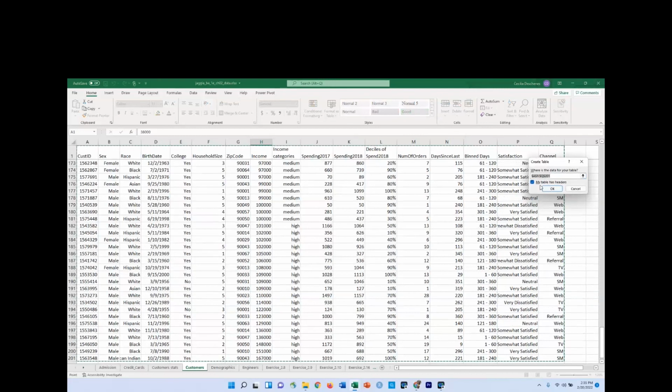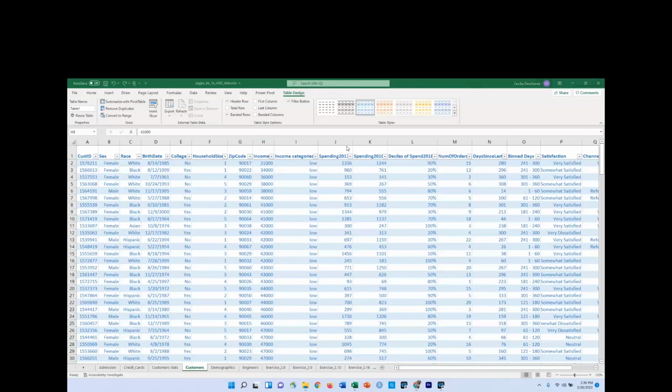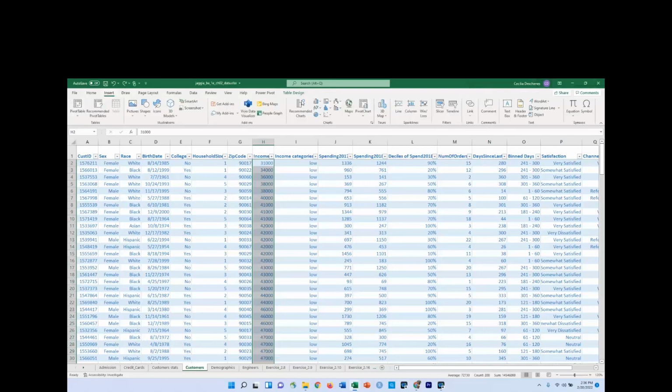And I say, yes, my data has headers. And I say, okay. So now that we have this formatted as a table, what we can do is select all the income automatically by moving our cursor up until we see this little solid black arrow pointing down, and that's going to choose all the data and exclude the header, which is great because now we can go over here and insert, and it